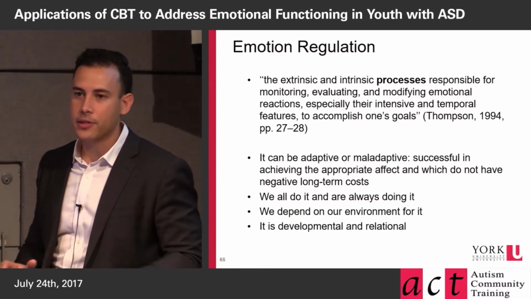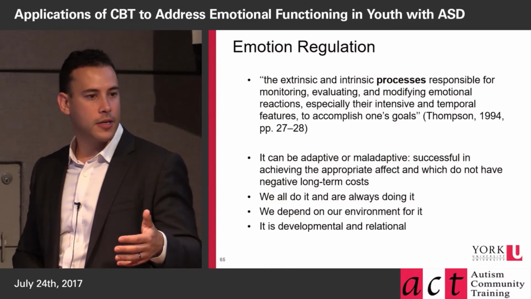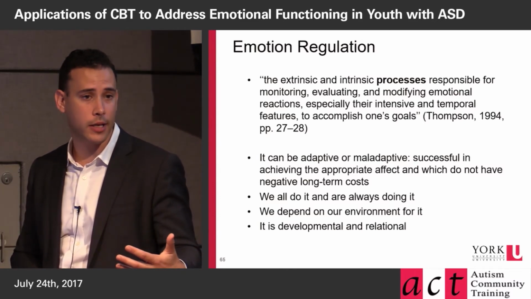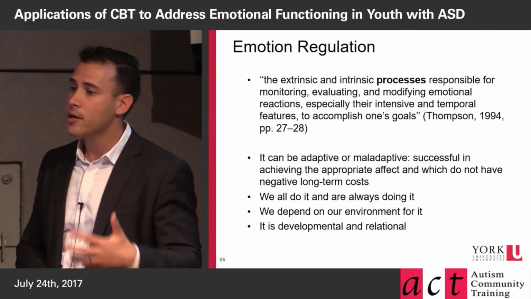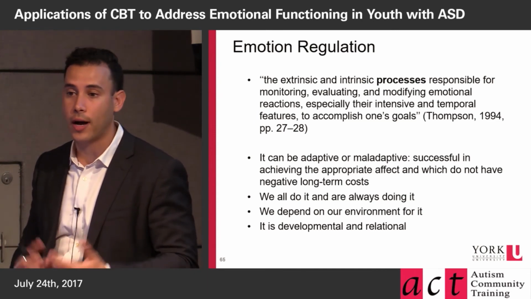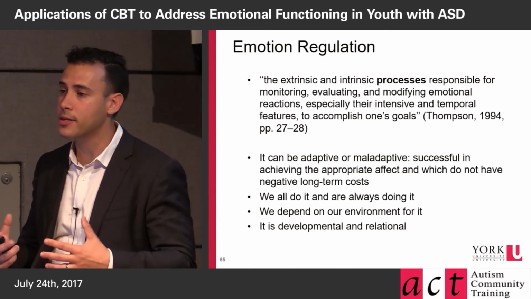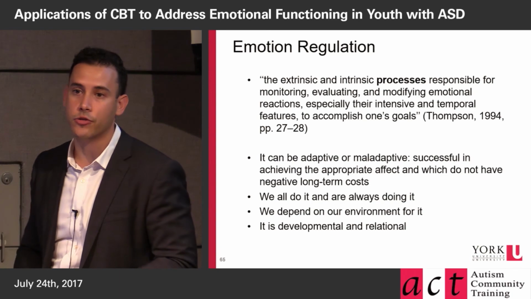It's both developmental and relational. I talked about the relational part before. But what bears saying again is that children often depend on their parents for emotion regulation. Involuntarily so. We look to our family caregivers. So in this case, sometimes improving the emotion regulation abilities in a child or outcomes in a child means supporting parents and helping parents in their process to contain and for them to stay calm in the presence of their children's emotionality.